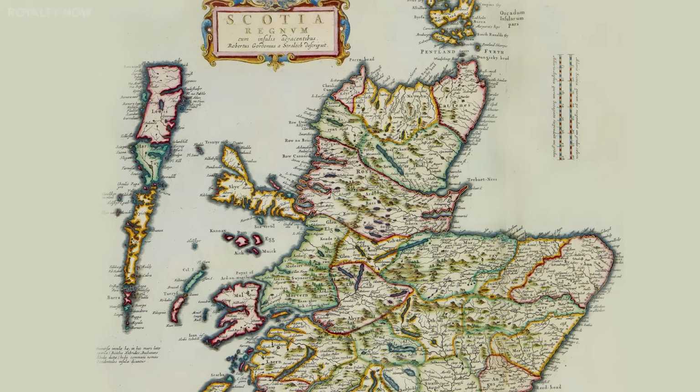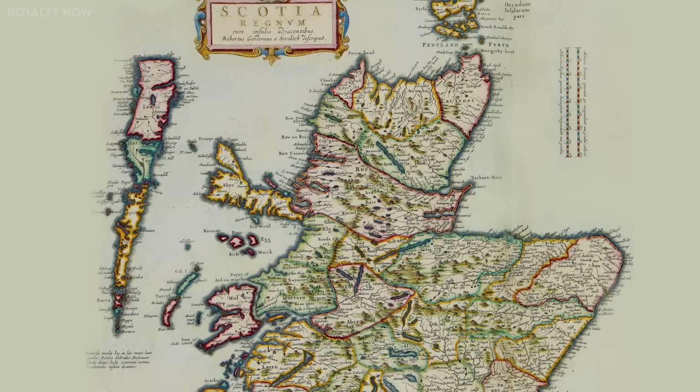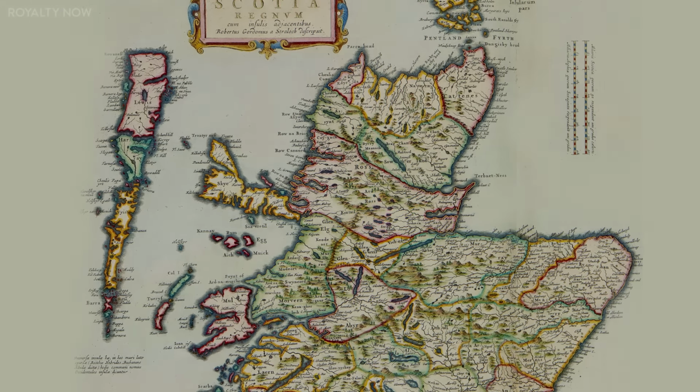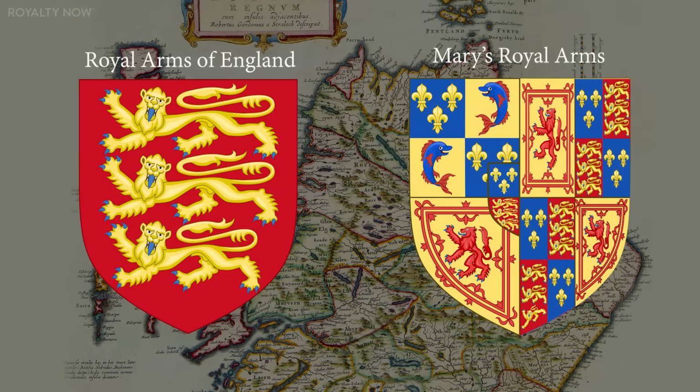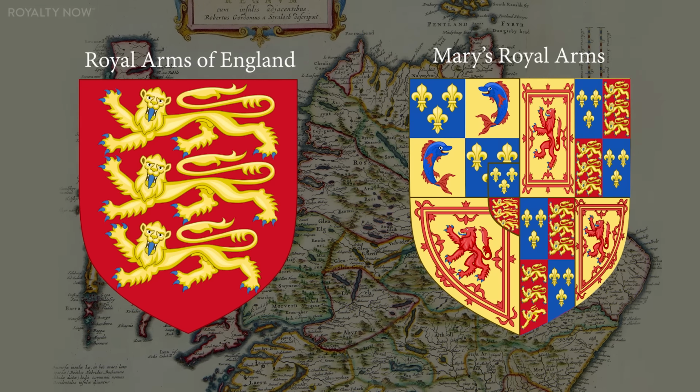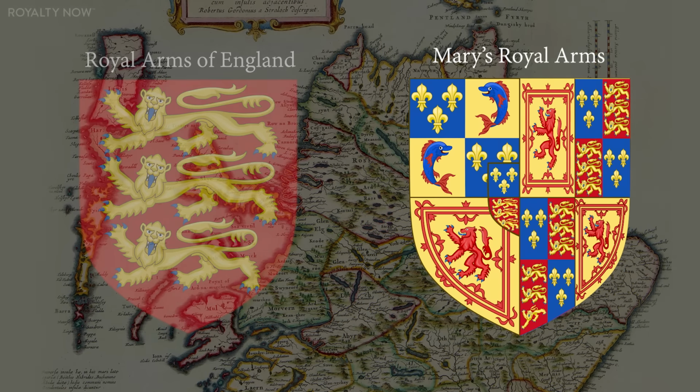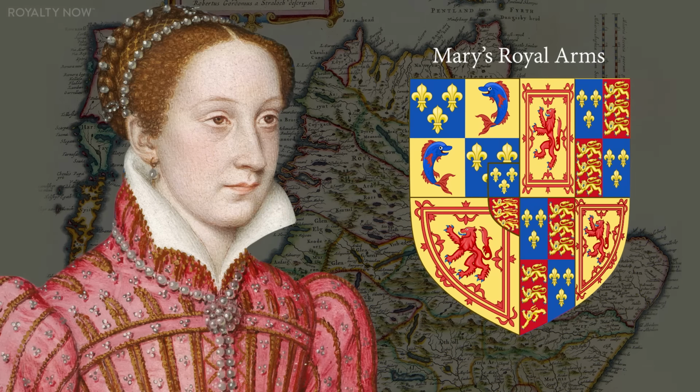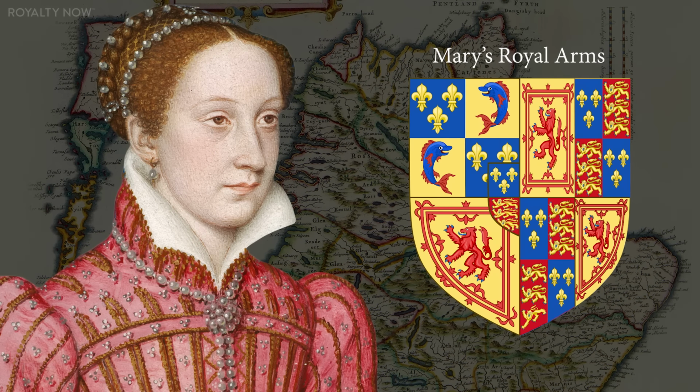France now had full control of Scotland, and in an astonishing move, almost asserting claim on the English throne, they emblazoned their own coat of arms with English symbols. Now, if you're wondering why Mary would even think about doing this, we first have to explain the chaos that